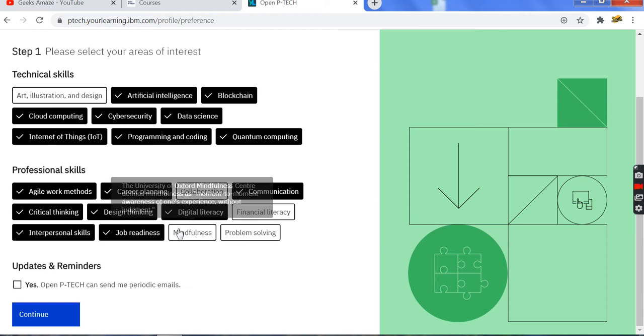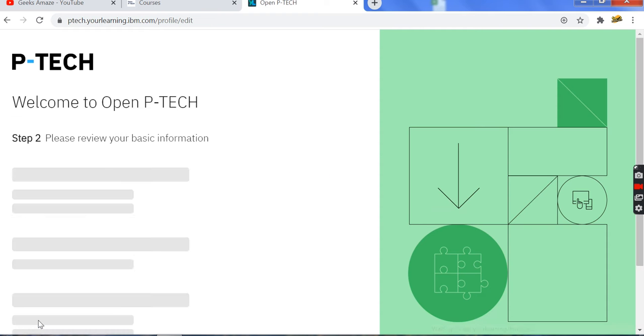You can select as many preferences as you want. If you want to receive updates and reminders, you can click on the checkbox and click on continue.